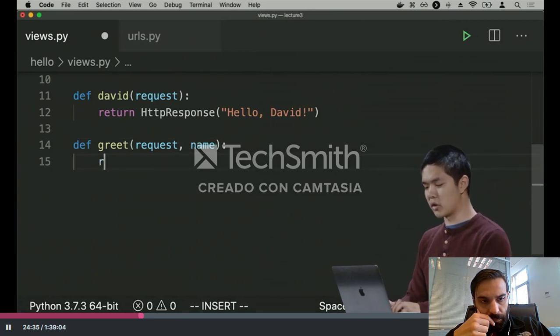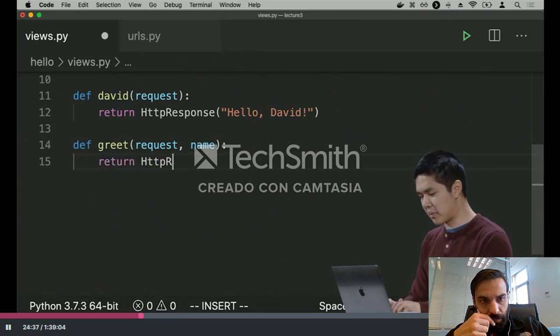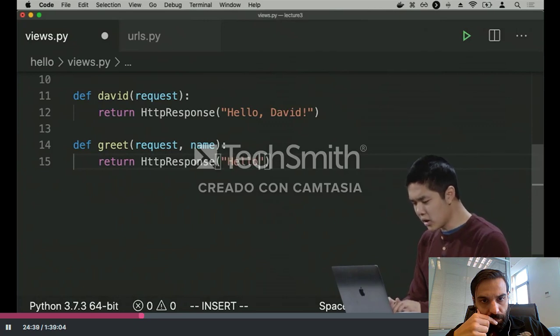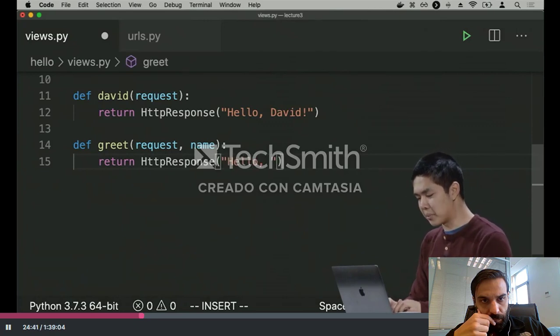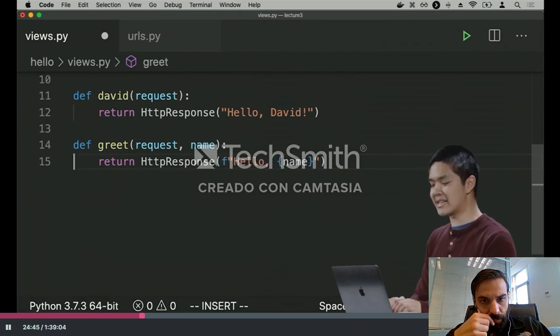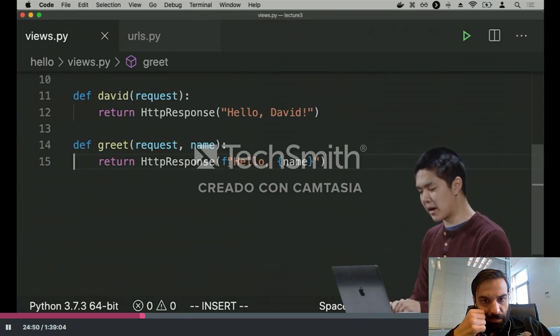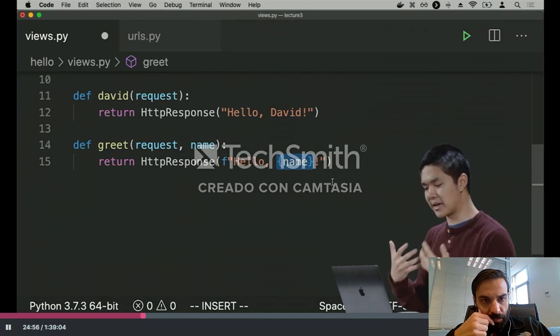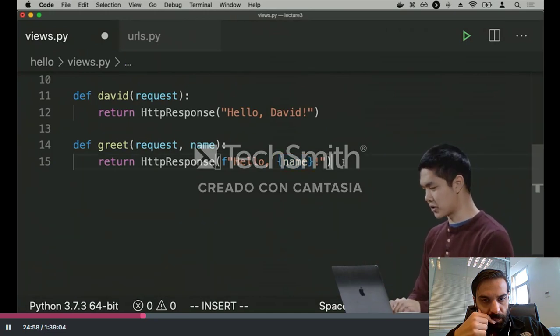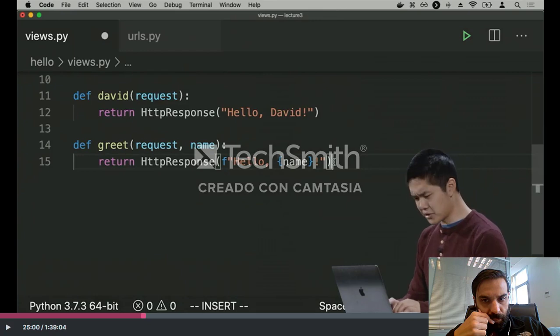And this greet function is going to return an HTTP response of hello, comma, and then I'll go ahead and plug in the name here. I'll need to add an F to the beginning of the string to indicate that it's a formatted string. This is just Python syntax to say that I would like to say hello, not just to anyone, but to whatever the value of the name variable happens to be. I'd like to substitute the name variable into that greet function. And then what I can do